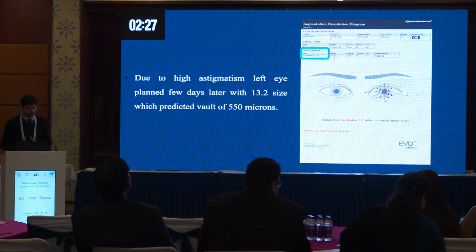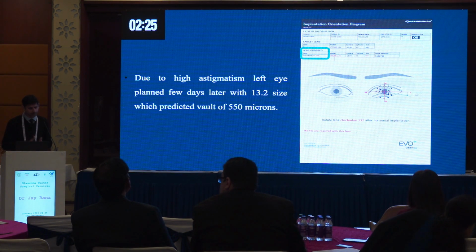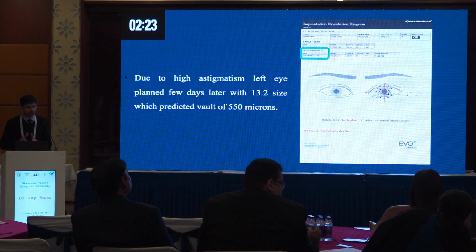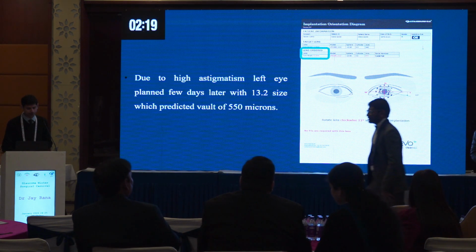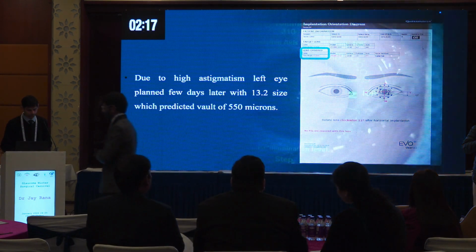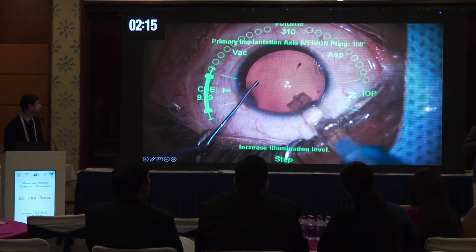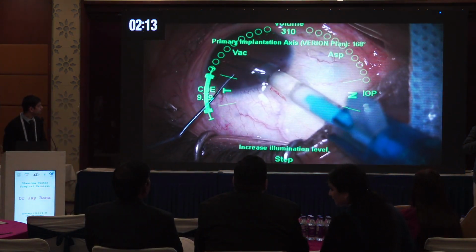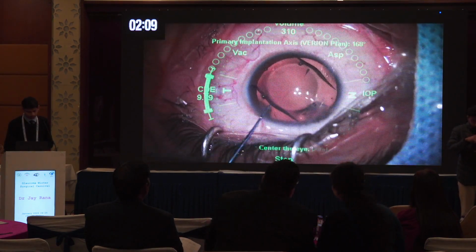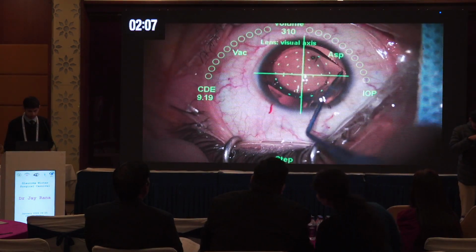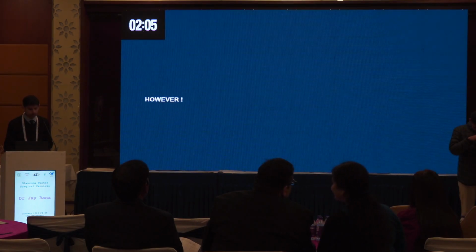Due to high astigmatism in the left eye, we planned a 13.2 size, which is much bigger, with a predicted vault of 550 microns. Left eye surgery also went uneventful, and the vault seemed to be adequate on the table. However,